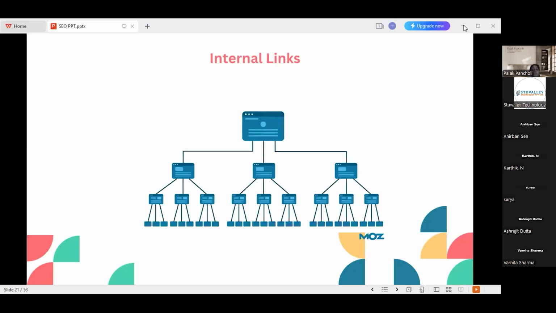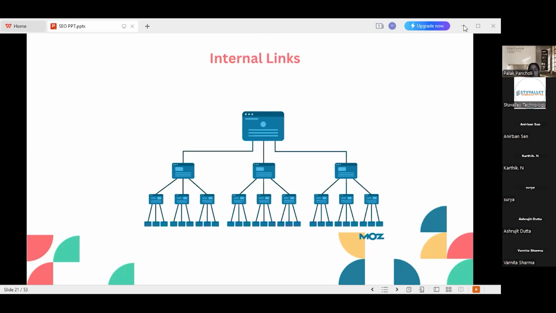But if you provide good quality content and internal links too, it will help users engage more with your website, and this will indicate that you are providing useful information. That's why people are spending more time on your website, and your website ranking will go high on the search engine result page. Is it clear why we should use internal links?